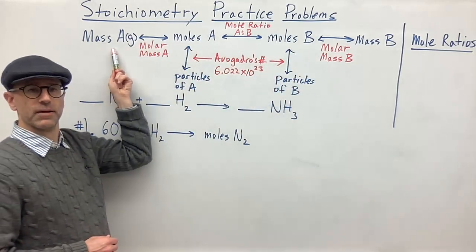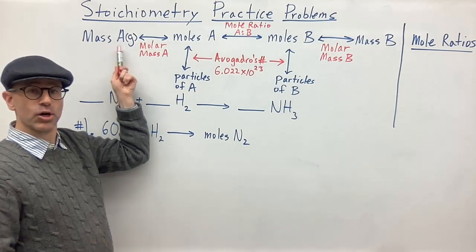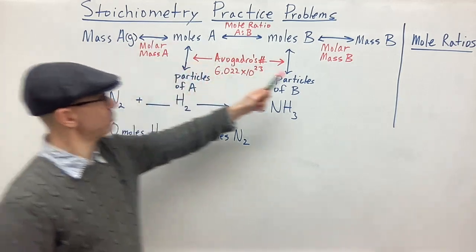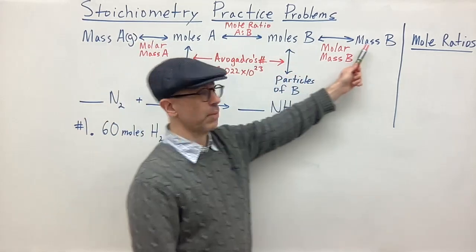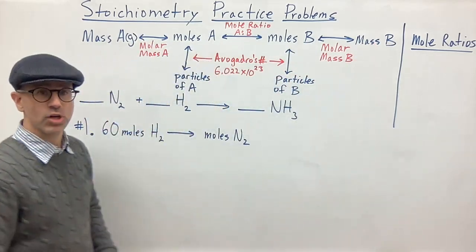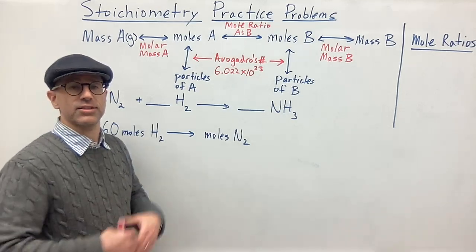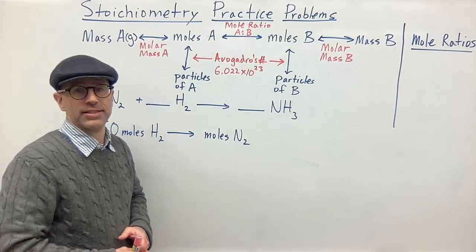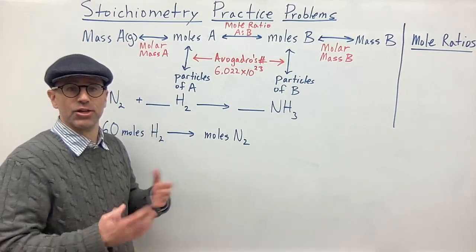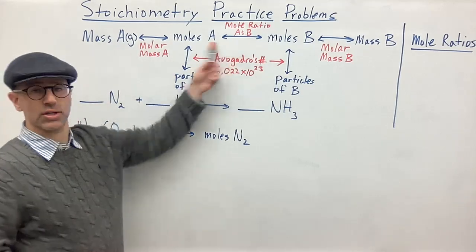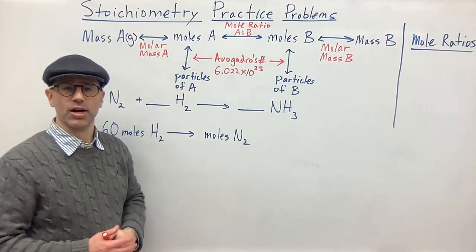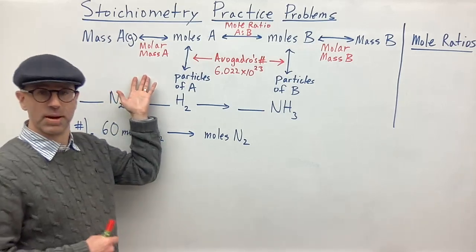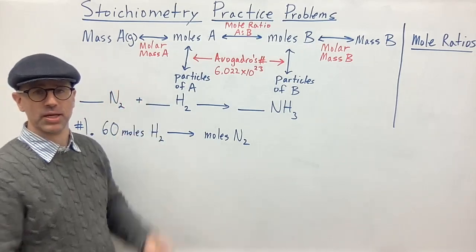When you're converting, normally you're going to convert mass in grams of some substance A to maybe moles of A, or to some other substance B. So in the problem, if they give you a substance A in grams, and they're asking, what's the mass in grams of this other substance B in your equation, then you can use this to convert. This is a nice strategy or tool to help you remember how to get from point A to point B